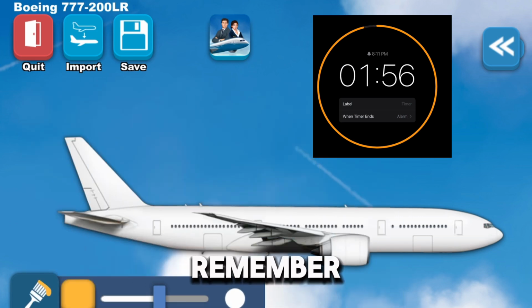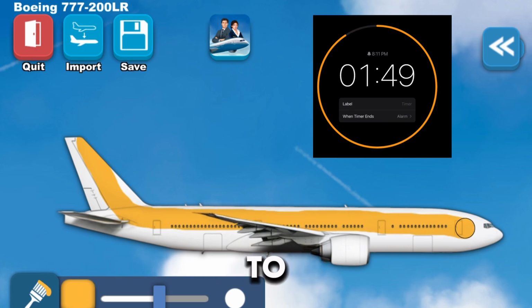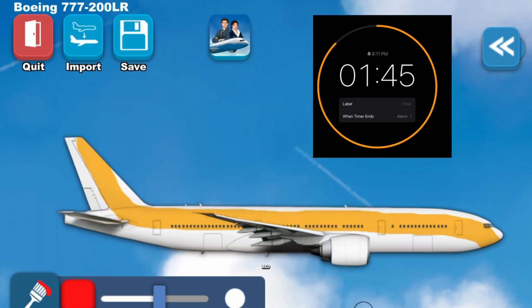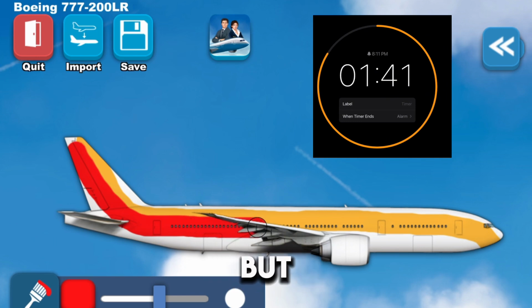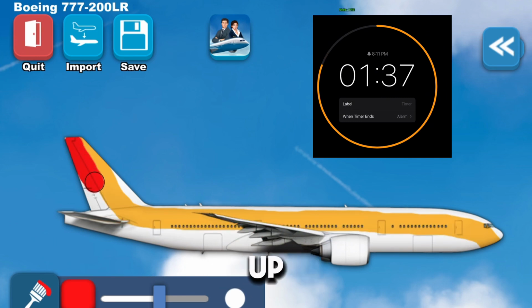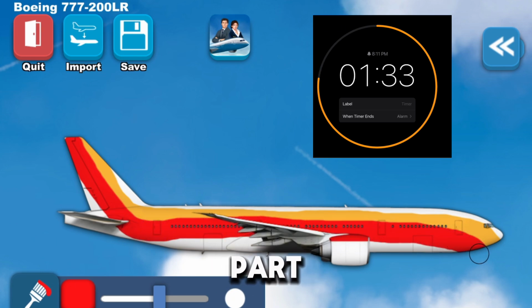Okay, so I remember there was an orange and red stripe that ran from the tail all the way to where the cockpit was, and under that there was a red stripe, or it might have been the other way around, but I don't really want to change that right now, and I messed up. Wait, why does it just erase the whole line instead of just that one part? Anyway,